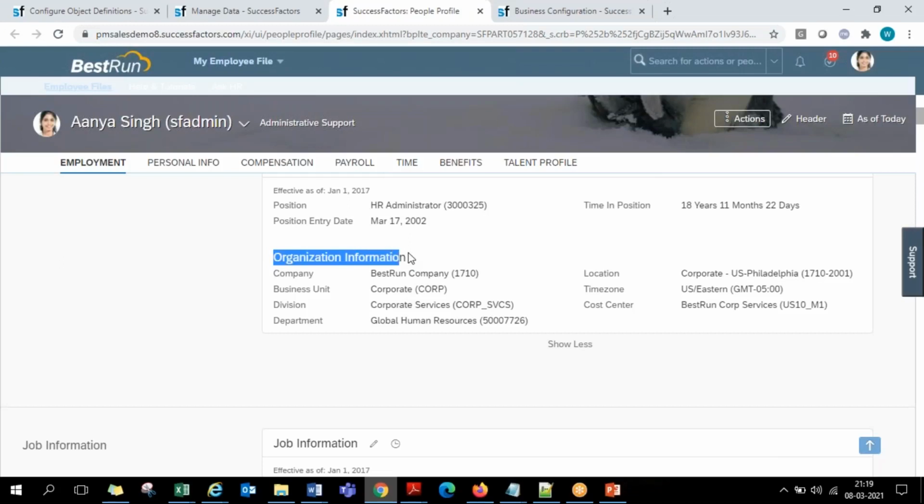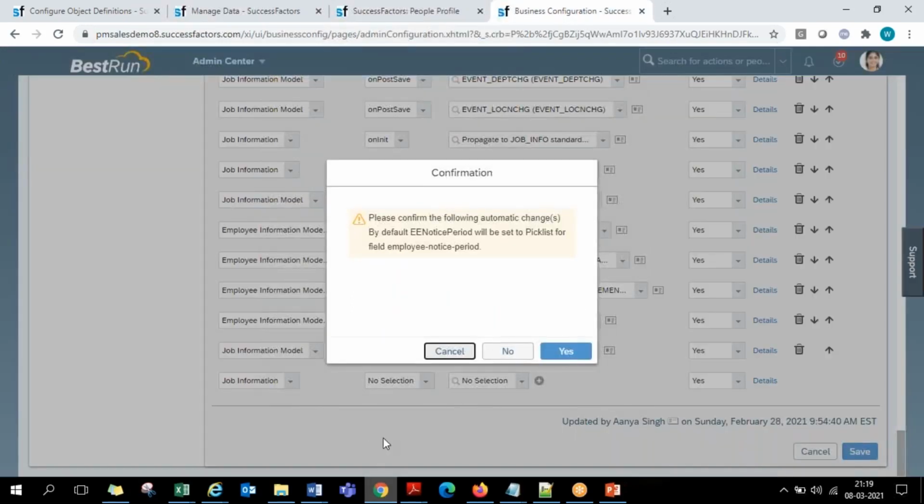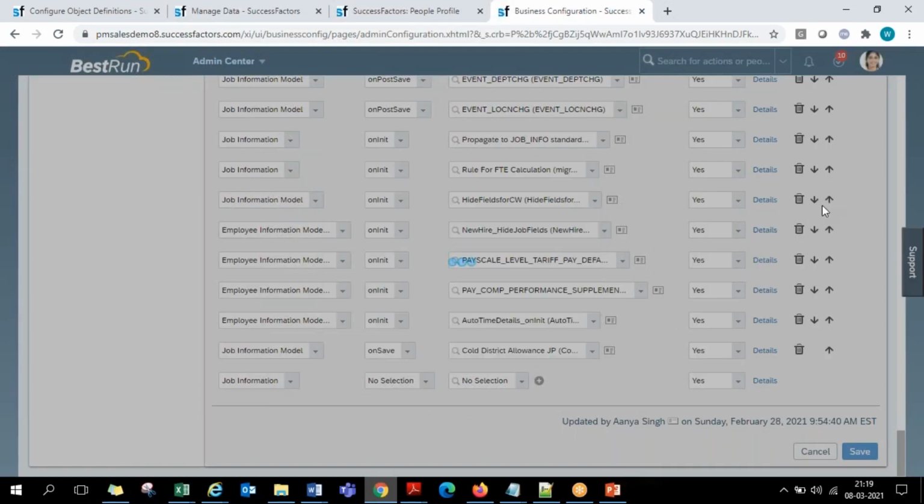Under the org information section it will appear, but it will appear at the ending, not beside the division field, because we did not do any ordering. We only decided to display it under the org section. Exactly beside the division field it has to appear, and that we have not done. If you are required to do that, using these arrows here we are required to move that field up and down. So whatever field has been added at the end of the fields, using the arrows against that field one by one, we are required to push the field exactly beside the division field.